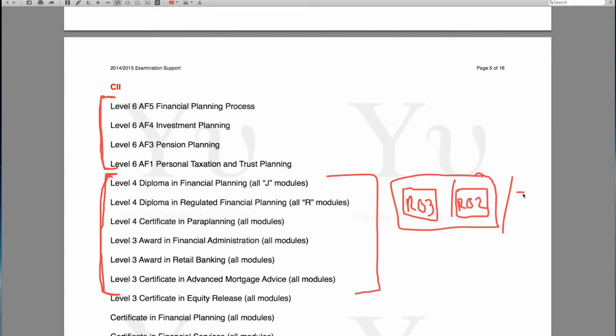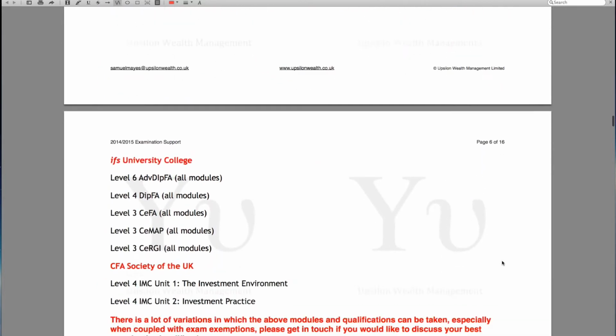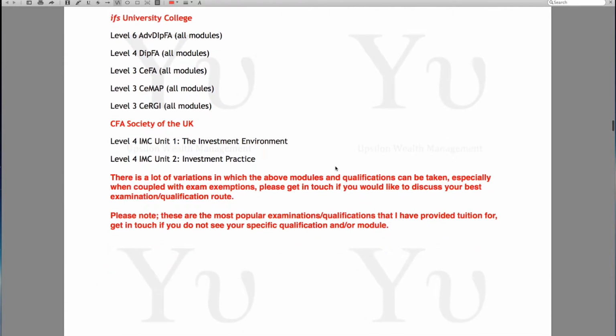In relation to J10 as well, the same principle applies. The JO9 exam, or the coursework, is also quite useful to apply the grey matter. So that's the CII. In terms of the IFS college exams, the university college exams, I do just need to declare